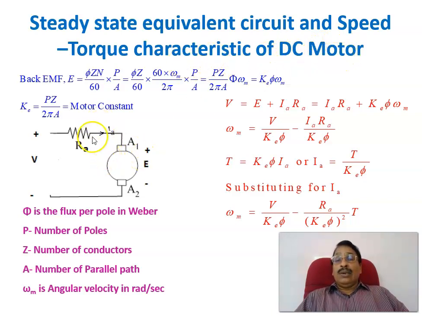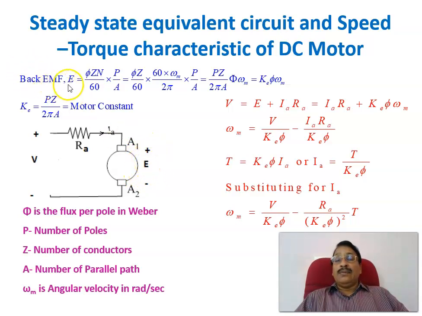The steady state equivalent circuit is like this one. It is the supply voltage capital V, and the back EMF is represented by capital E, and the armature terminals A1 and A2, and the armature resistance RA, that is represented externally. That is, RA represents the resistance of the armature winding that is connected externally. So this is the equivalent circuit, and the corresponding equations are, as you know, that back EMF,